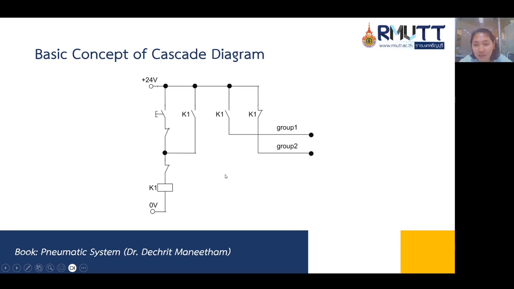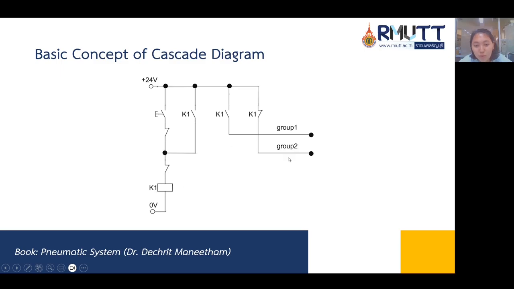Like we see in the previous slide, there are two groups. So the concept is like this one. This is the start button, and then there is a normally closed contact, and there is a normally closed contact here, and this is the coil of relay 1.